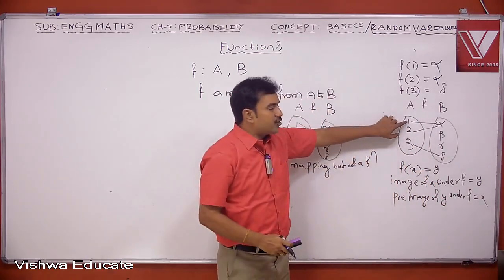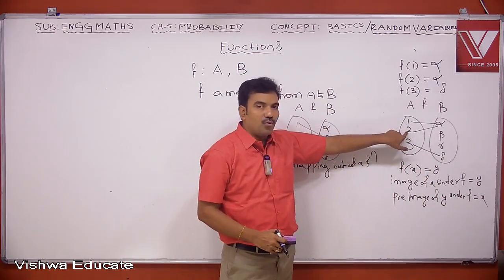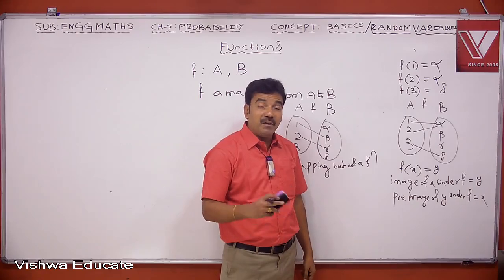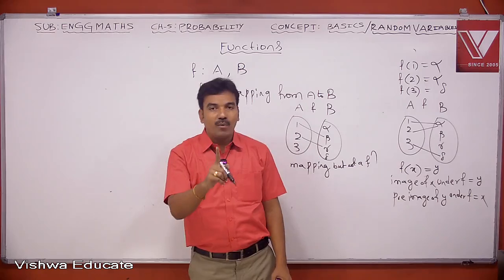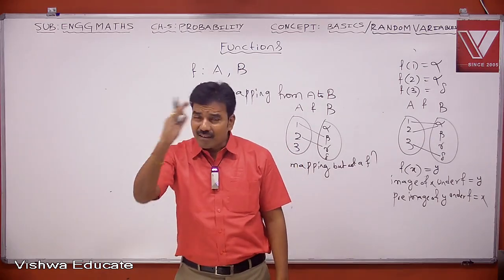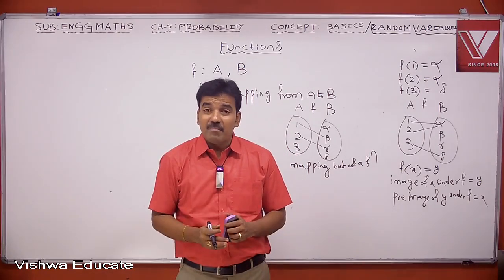Therefore, what is the image of 1? Alpha. Image of 2? Alpha. But what are the pre-images of alpha? They are 1 and 2. So every element will have exactly one image, but the element in the second set can be acting as image